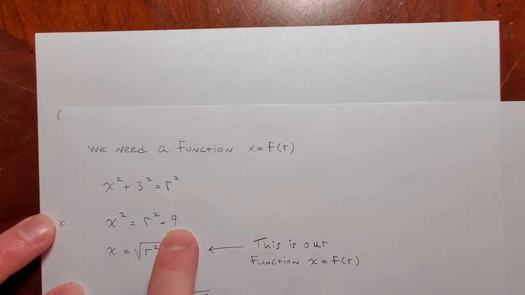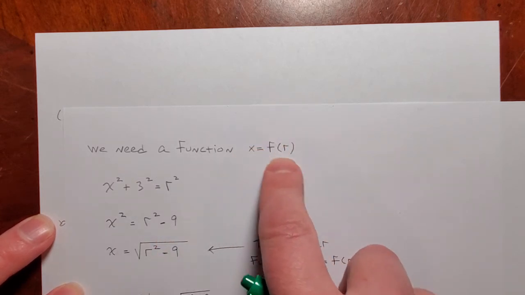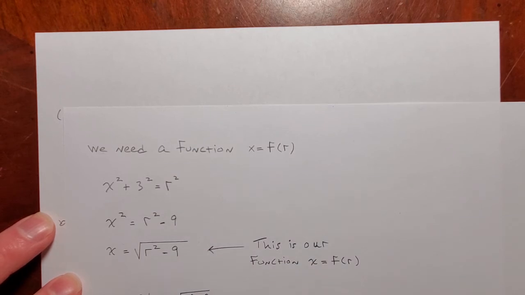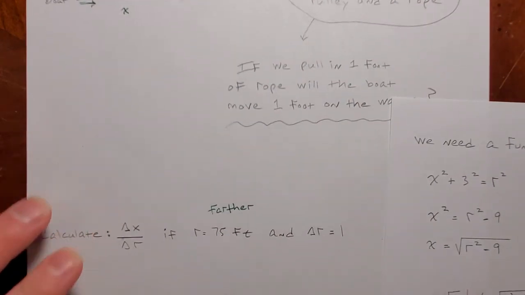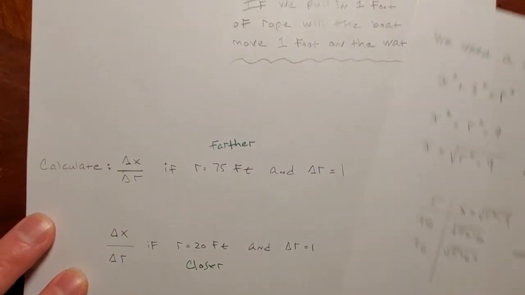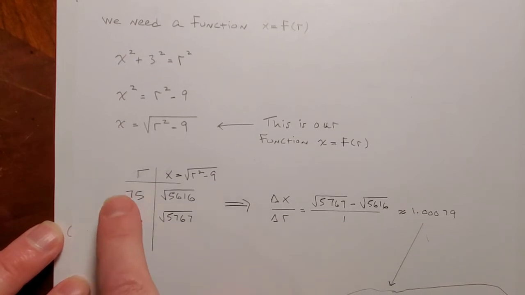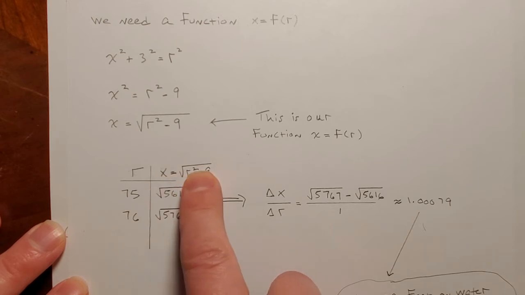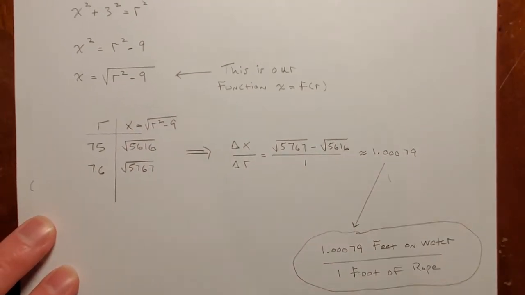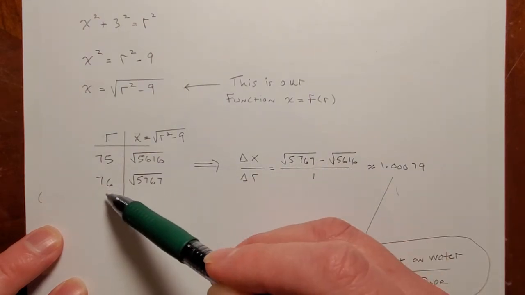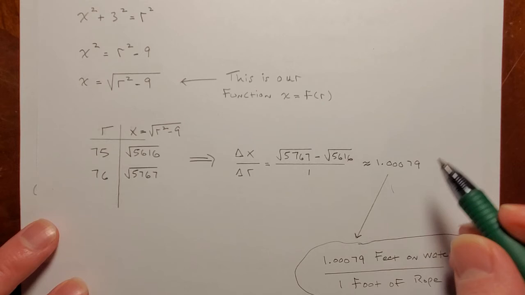So we can do this if we wanted to solve for x. That puts x to be a function of r. You plug r, the length of the rope, in, you calculate x, right? All right, so that's our function. Now, what are we doing? So delta x over delta r, if r is either 75 or 20, and delta r is 1. So here you're looking at it, 75 to 76. Delta r is 1 right there. Calculate x this way. Okay, delta x over delta r is this minus this over this minus this, okay? And that will be about